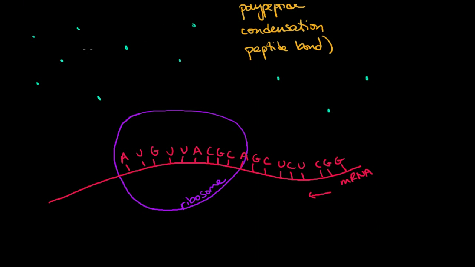But we've got these amino acids that are floating around in the cytoplasm, and let's think about how they got into the cytoplasm just for a quick second. These amino acids, you got in your body through digestion and absorption. So you ingested proteins. Your body digested those proteins, these polypeptides, into amino acids, essentially doing hydrolysis reactions, breaking up